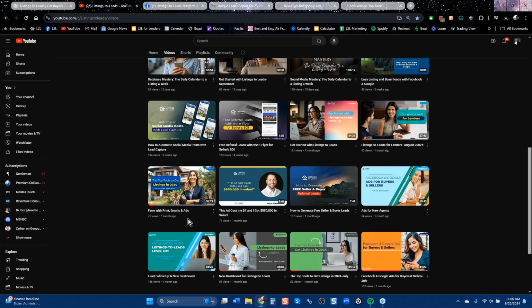We create a lot of tools, and a lot of these tools you can use in print. A lot you can use on ads like Facebook and Instagram and Google. There are emails you can blast out on your CRM. And then there are social media tools that are free that you can use as well. That's really a good holistic view, and it talks about the tools that will help you get listings.